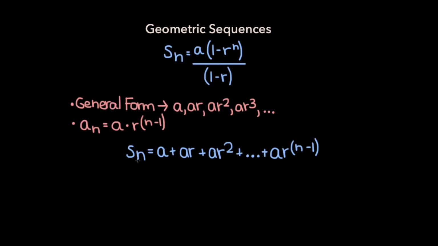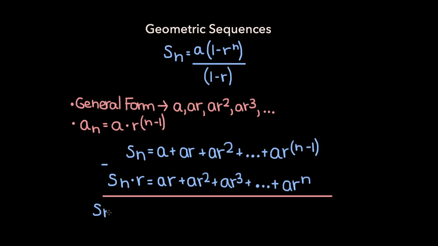Now here's the clever part of this proof. Let's take this equation and multiply both sides of it by r. On the left-hand side, we would get S sub n times r. And on the right-hand side, multiplying by r means that we need to raise the power of r in each term by 1. So a becomes a times r, a times r becomes a times r squared, a times r squared becomes a times r cubed, and so on. Until the last term, a times r to the power n minus 1, becomes a times r to the power n. And if we subtract the equation on the top from the equation on the bottom, we get,